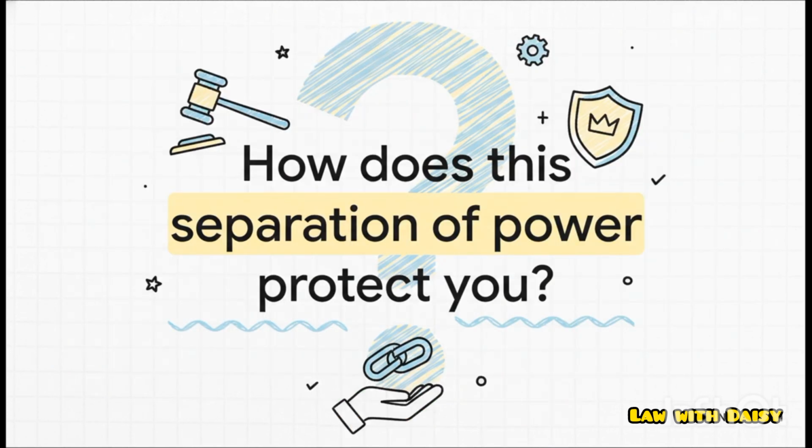And that leaves us with a final thought. This isn't just some abstract legal theory we've been talking about. This careful separation of judicial power from executive power is there for a very real, very important reason. So the question to think about is this. How does a system that prevents one person from being both the administrator and the judge ultimately protect your rights and your freedom? It's definitely something worth thinking about.